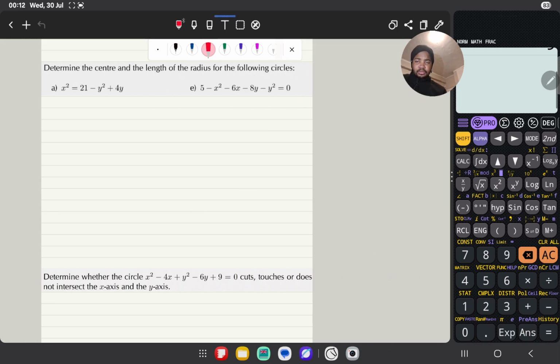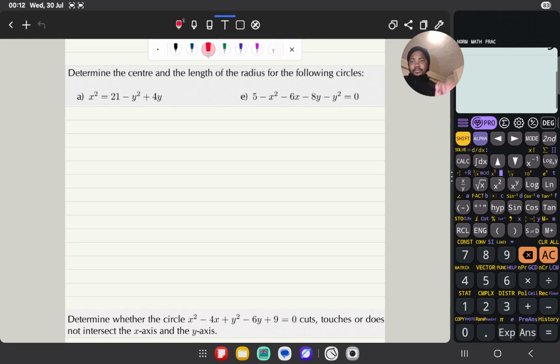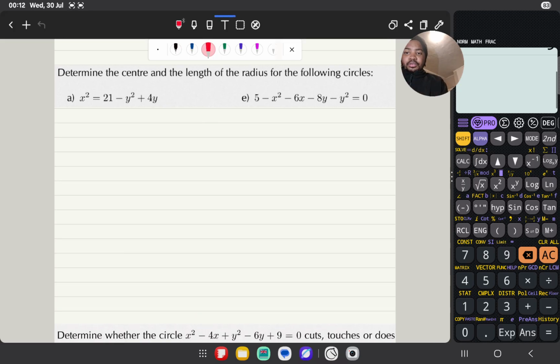Let's do this. This will be the last set. So they say again, to determine the center and the length of the radius. So okay, determine whether the circle cuts through. Okay, cool. So for this one, for a,